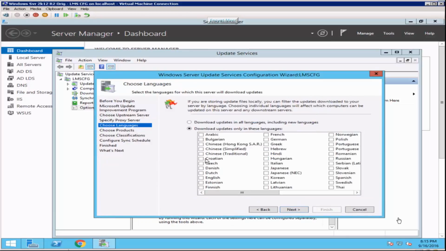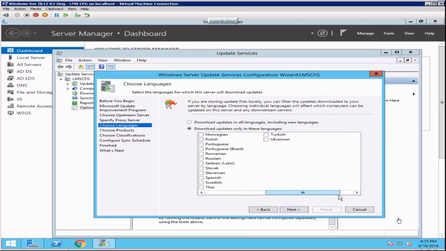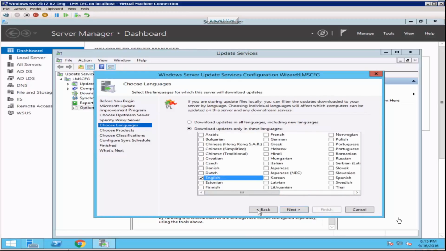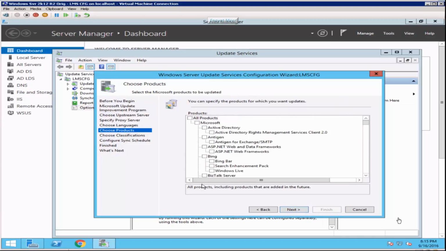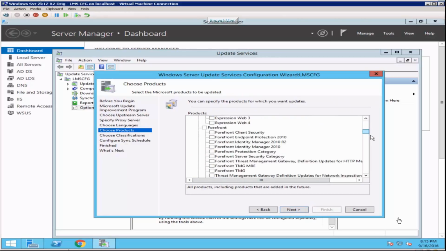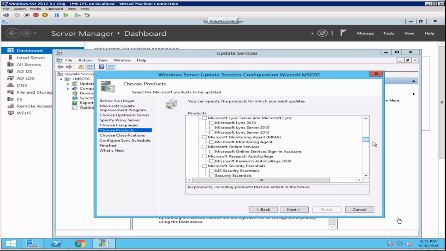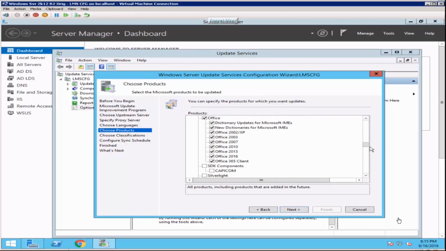So here you select the language. You don't want to load all of those languages, so it depends which country you are in. If you are in the US, you don't want to load all products as well, and you will leave the default products, or you choose only what you want. So let's take some stuff selectively.